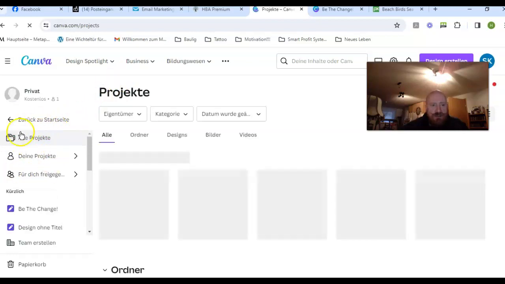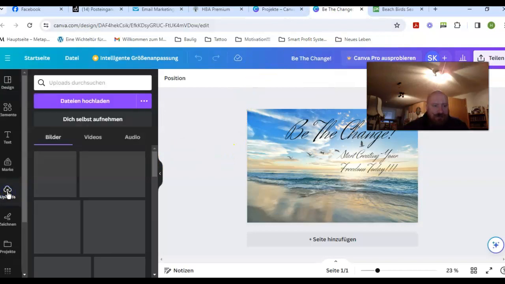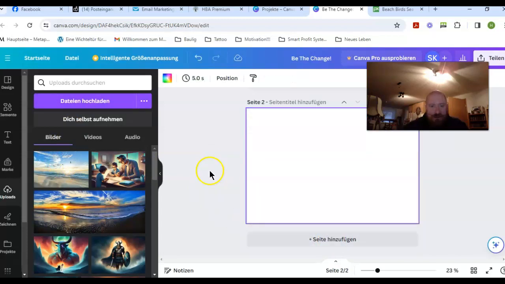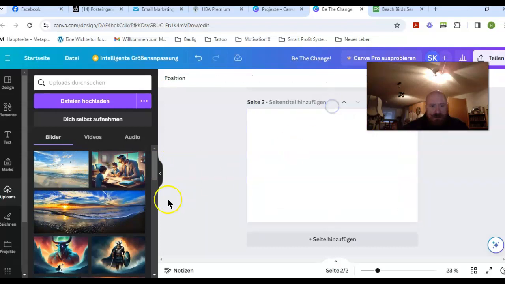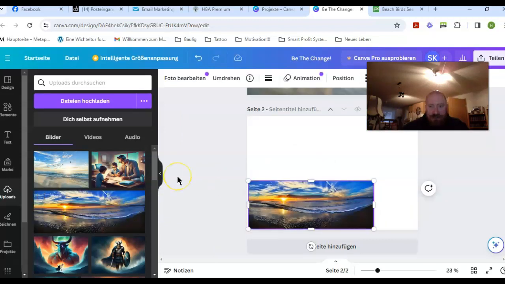Then here are my projects here. I went to here. It looks like this, and then I go to uploads, and then there's the picture. I go to upload here. It's in German because I'm from Germany. You go to upload picture, and then you can upload the picture you chose in Pixabay, and then you can add a new site, and then you just pick. Let's try another one. You just move it here, and then